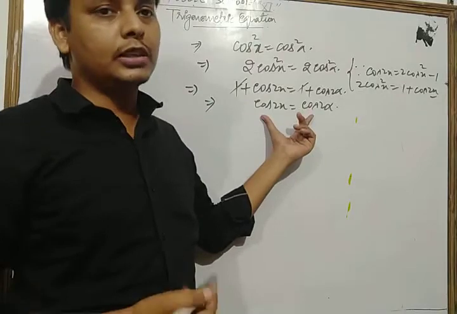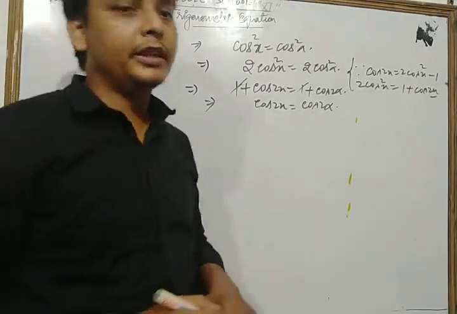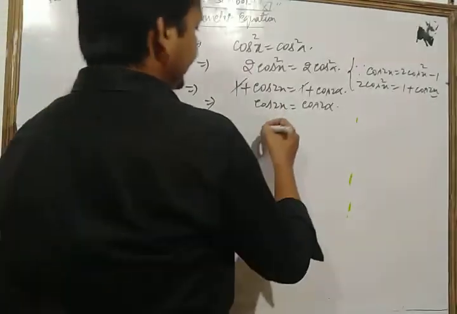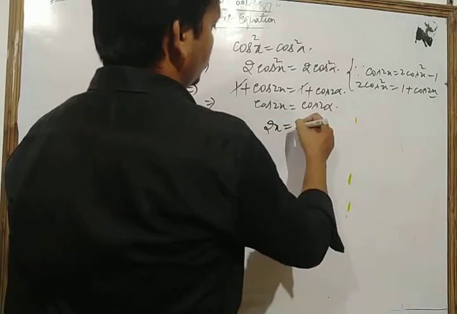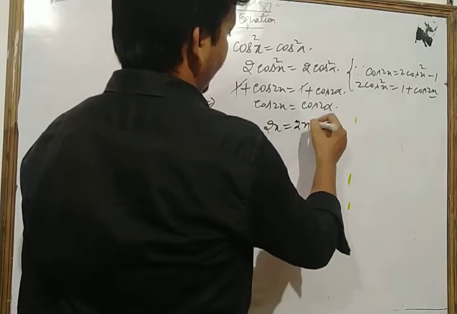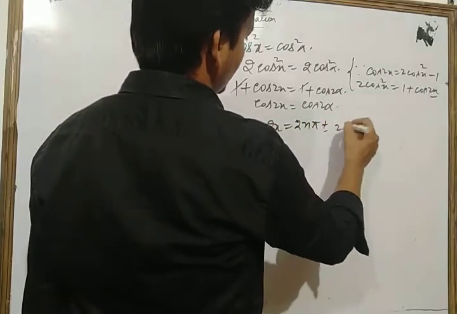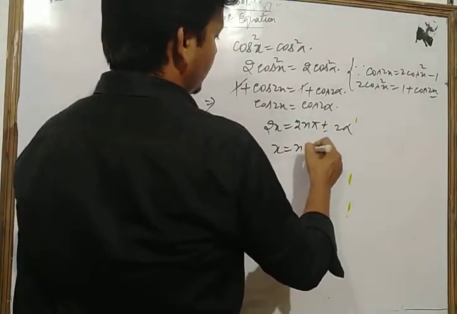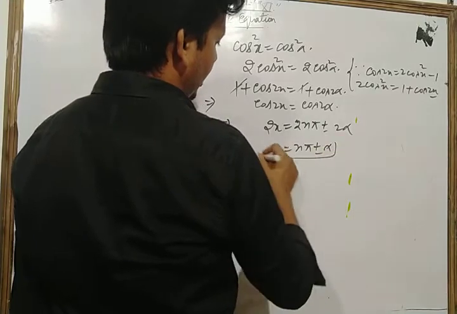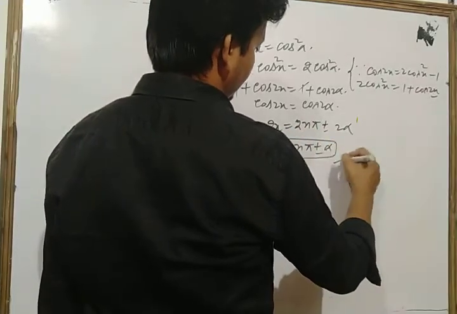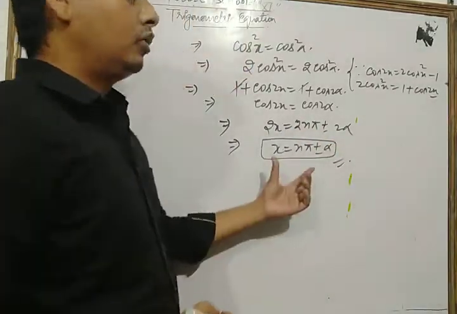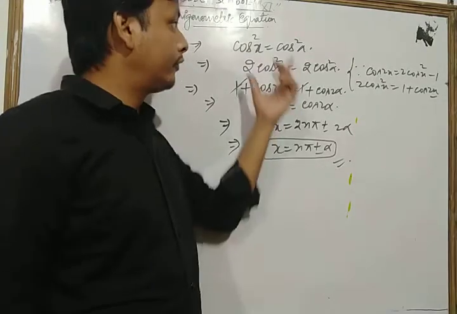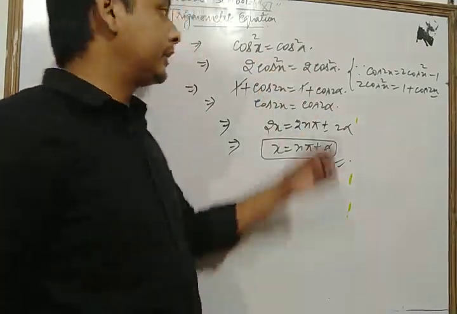So here we use the same solution of the trigonometric equation. Let's see what we get. 2x is equal to 2n pi plus minus 2 alpha. Now 2 cancels from each term, so we get x is equal to n pi plus minus alpha. This is the general solution of the trigonometric equation of the form cos square x is equal to cos square alpha,